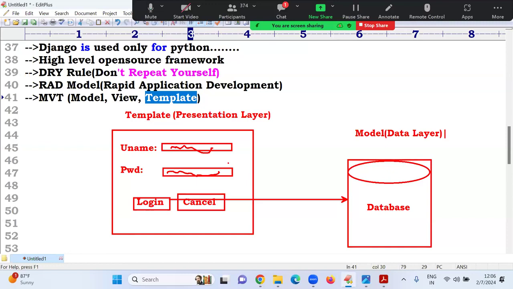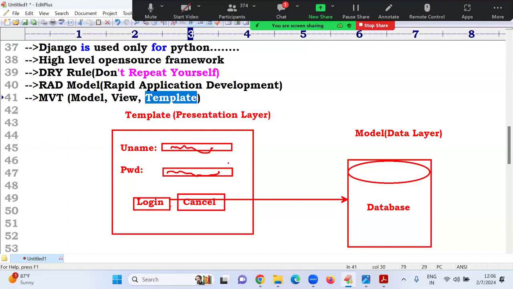Sir, model, okay; template, okay. What is view? View is what happens whenever you click the login button. In your Python, have you created multiple functions? Do you remember, in flow control, at the time of the while loop, I gave a small program: username Sunny, password Mahesh.